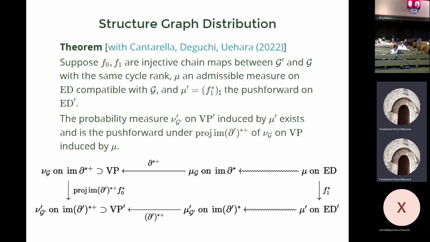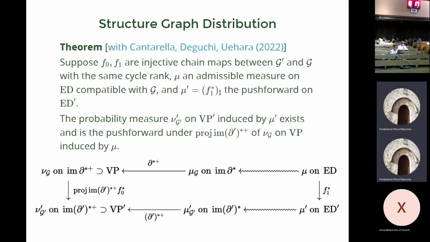So I have a distribution here on edges that induces a distribution on vertex positions, and then I can map down here. But what I want to do is push down here and then go this way. And the question is, does it matter which way I go around? And the answer is not really. There's this extra thing where I need to project onto the image of this map here, but that's a technical condition, which is not super important.